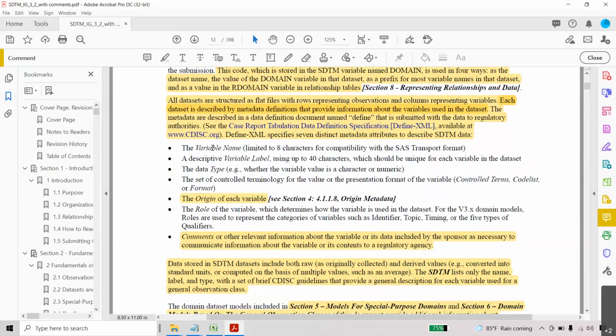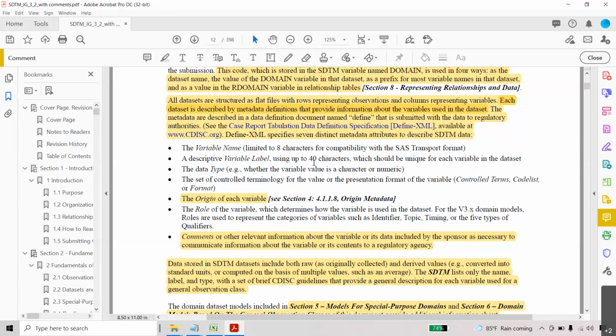If you are writing a variable, since you are working on it you can identify it very easily, but another programmer may not. So we can give a label. The label length should be less than or equal to 40 characters, and it describes the variable. By default in SDTM, there is no change in the variable name and label.